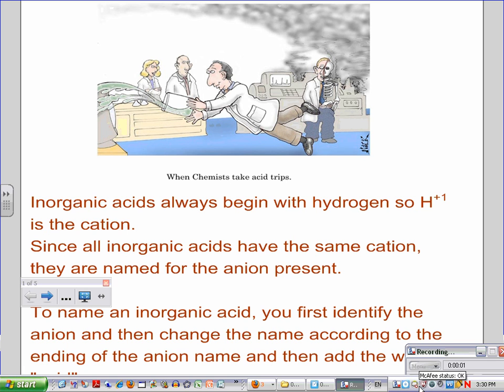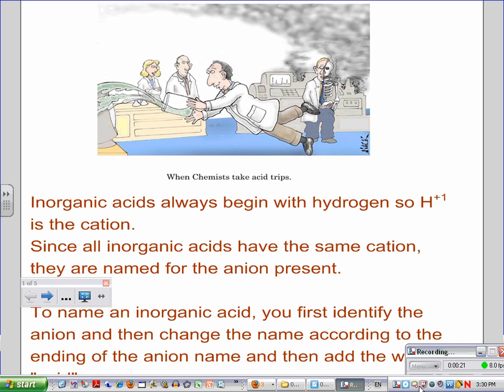We're going to look at the last type of compound that we're going to have to name or write the formula for. So far we've looked at ionic and covalent compounds. We looked at some ionic compounds that were multivalent, and we learned that we can either write stock nomenclature or the old system. Now what we're going to look at is acids, and acids are really easy to identify because